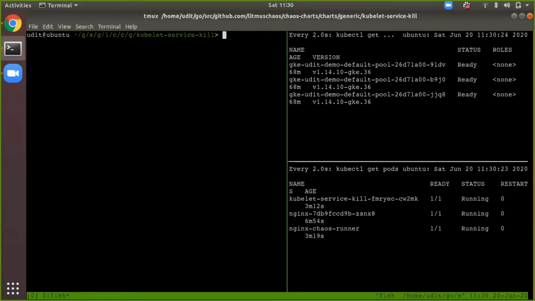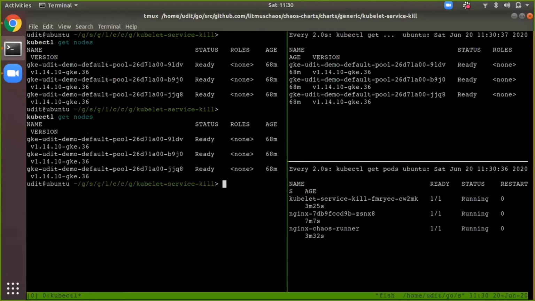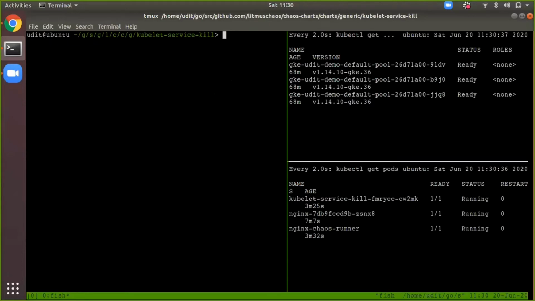One of the very interesting targets of this particular experiment, or ones that might really need this experiment, is stateful applications. Most stateful applications have some kind of persistent volume configured, and oftentimes it needs a little bit of time for this volume to get detached from the node you're doing the chaos on and reattached to the other node, where the application then comes up.